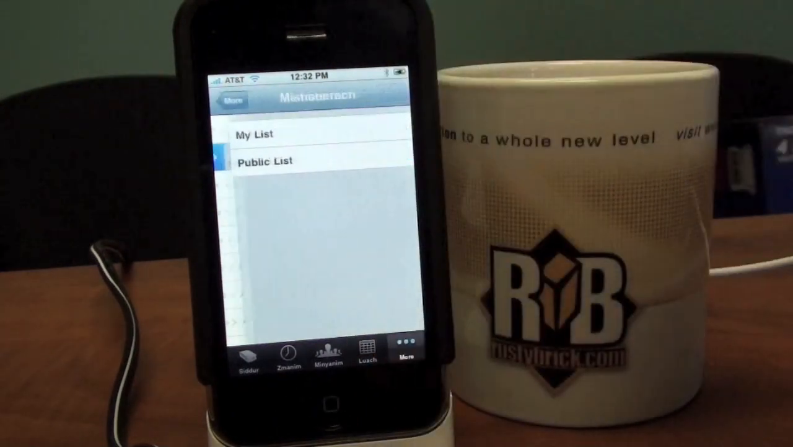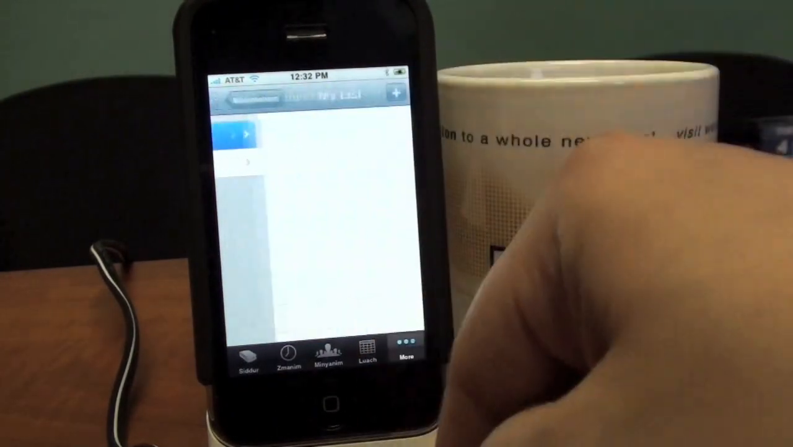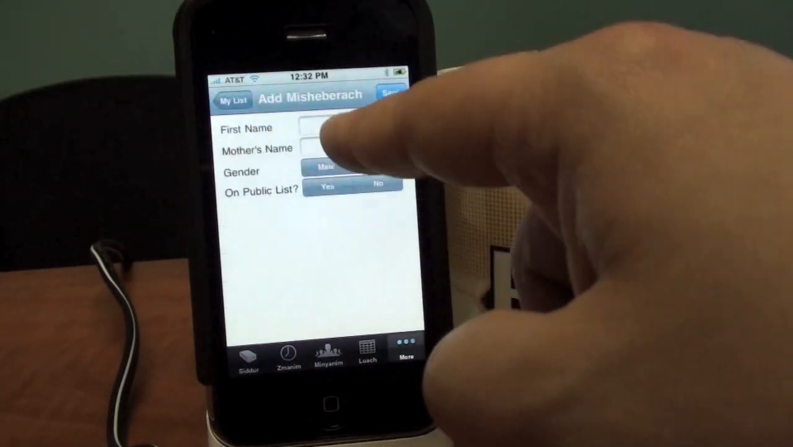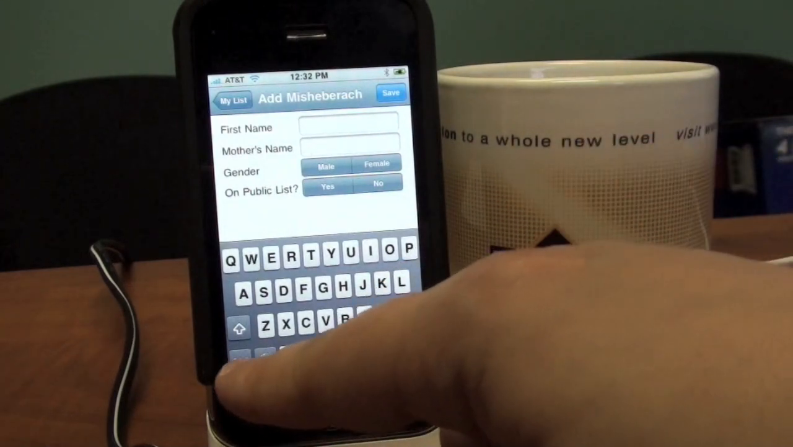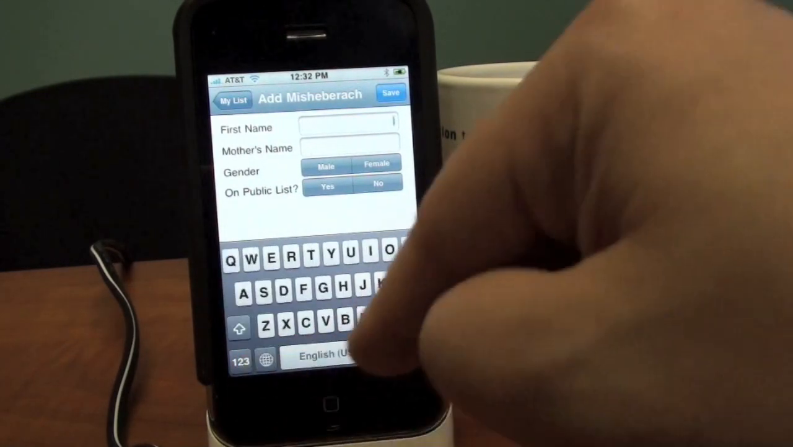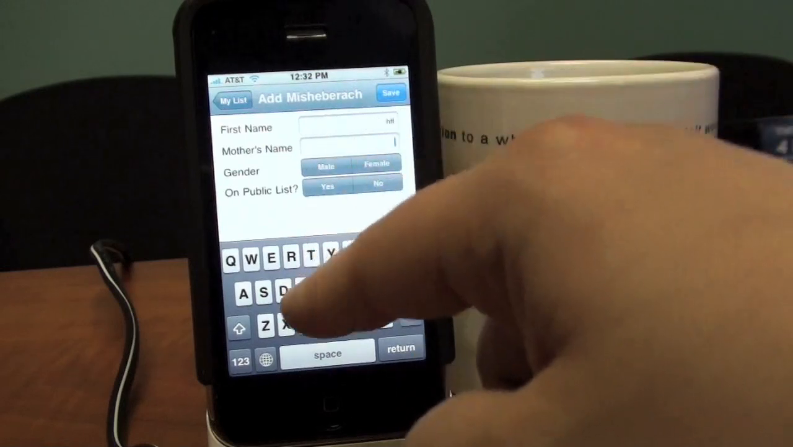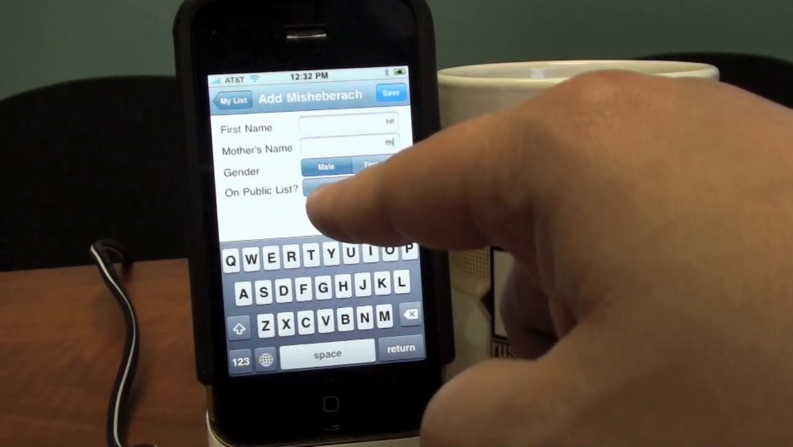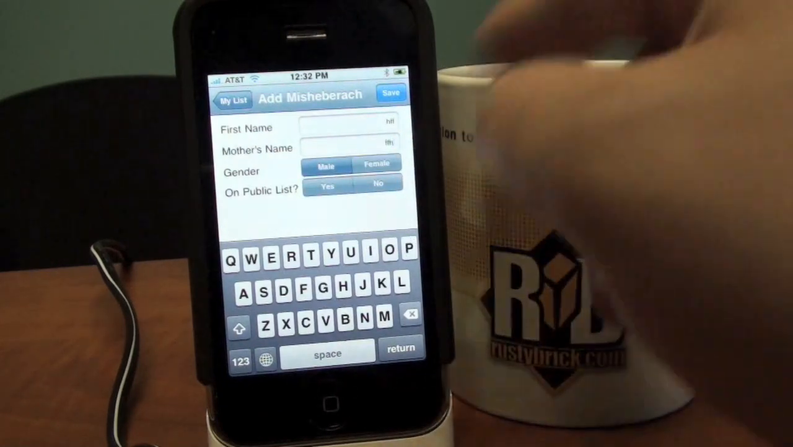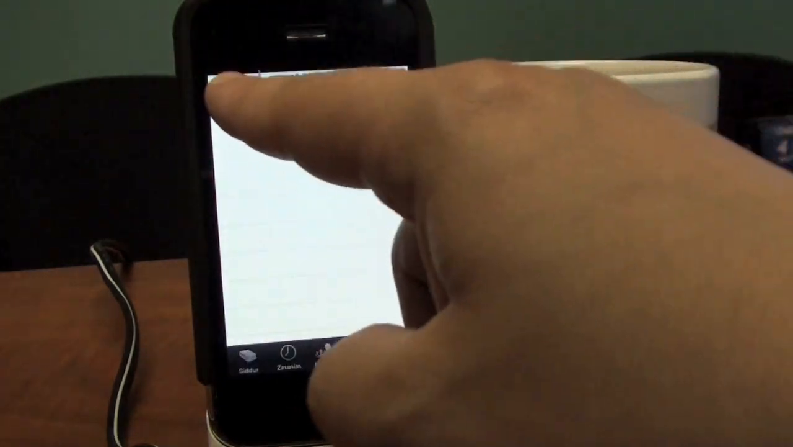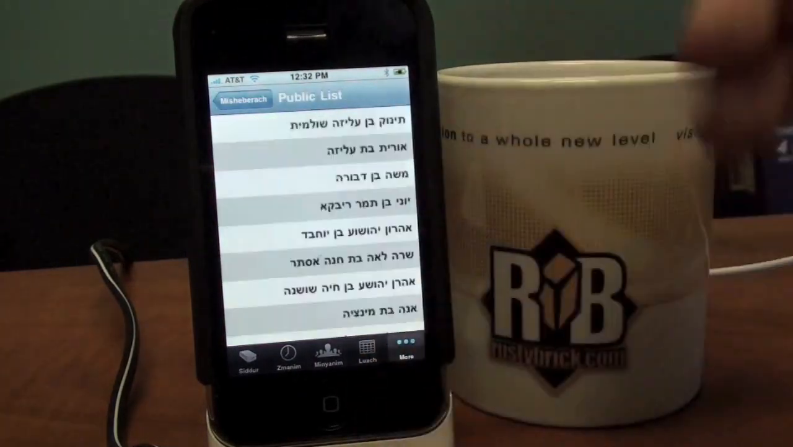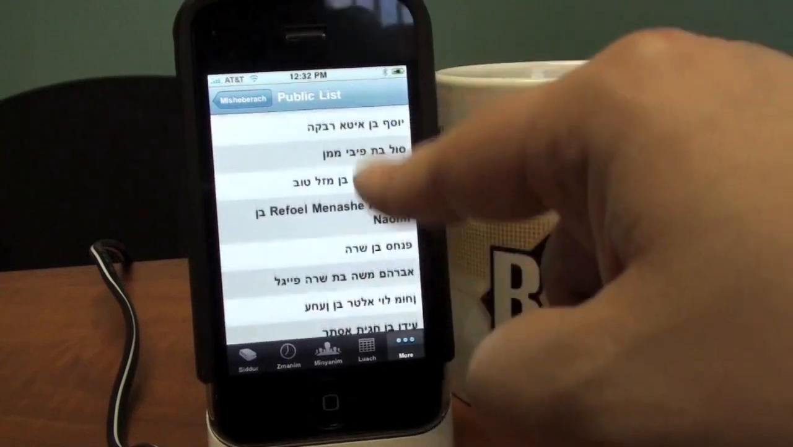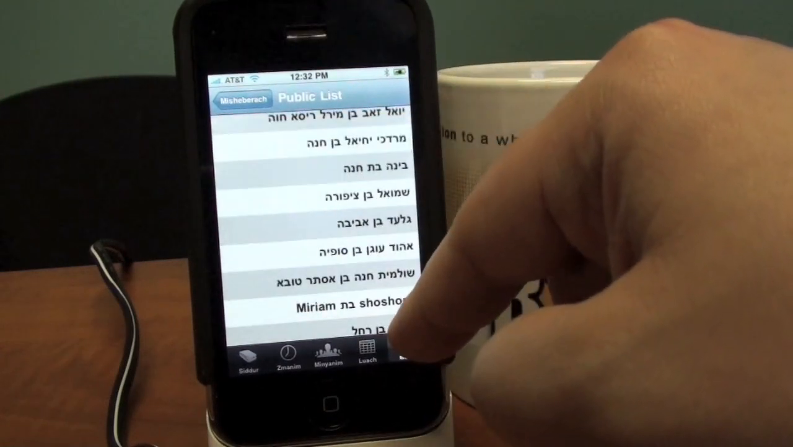There's the Mishnah Berurah section, which allows you to add Mishnah Berurahs directly into your Siddur, as well as share it with other people. So if I wanted to add a new thing in either Hebrew or English, I could do that. You just type in the name, the first name and the mother's name, gender, and do you want to share this with other people who have the iPhone Siddur, yes or no? I'm not going to do anything there, but what I'm going to show you is that here's the public list. There's lots of people who are sharing their Mishnah Berurahs both in English and Hebrew, as you can see over here,